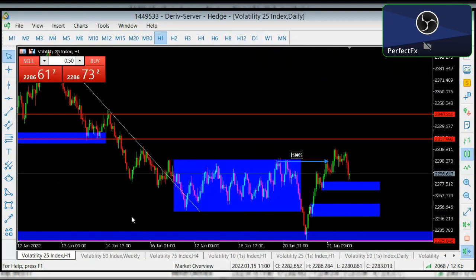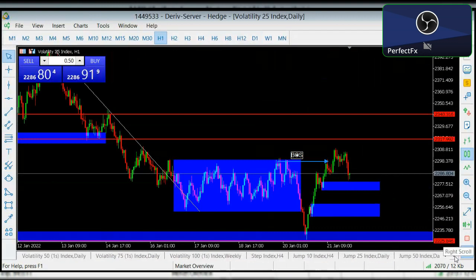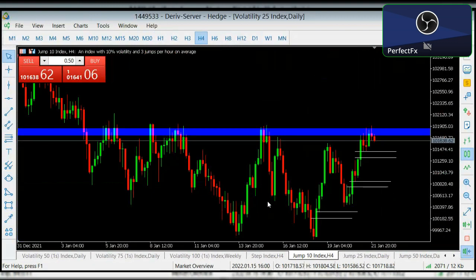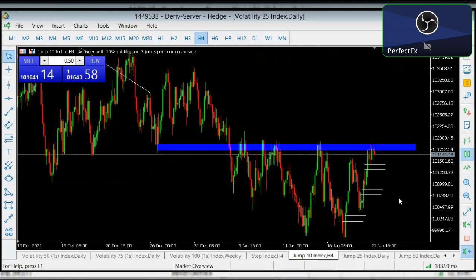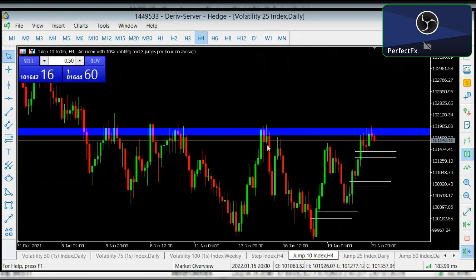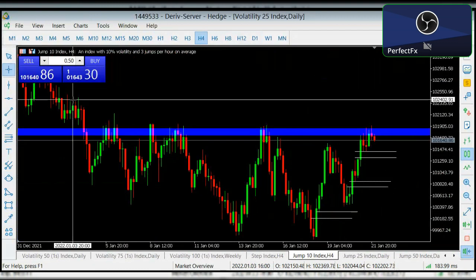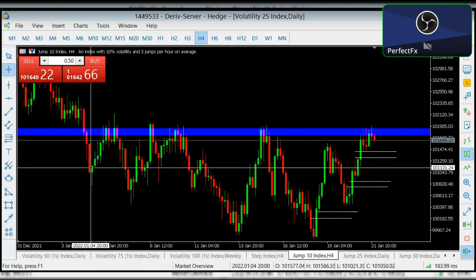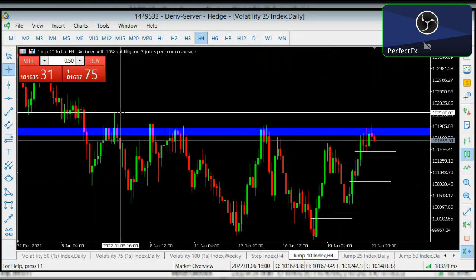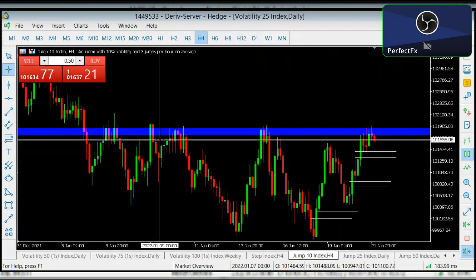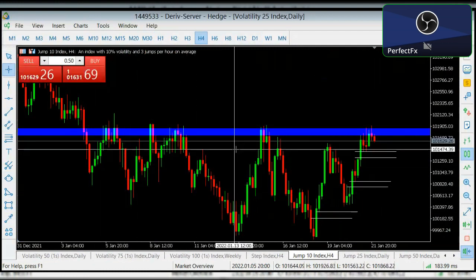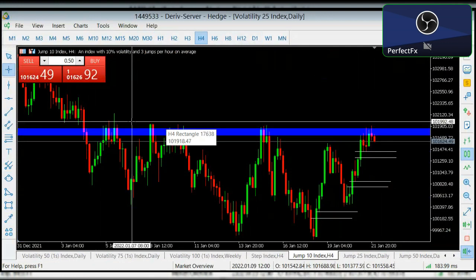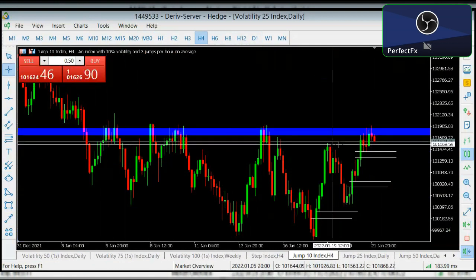and we'll watch out for entry once we see confirmations. So guys, also on the Jump index market, I just did an analysis on that, looking at price shorting to the downside. As you can see, this is a very strong point of resistance. Price moved up to this point, got rejected, came downwards, got rejected. Can you see multiple rejections at this point, which indicates a very strong resistance point,